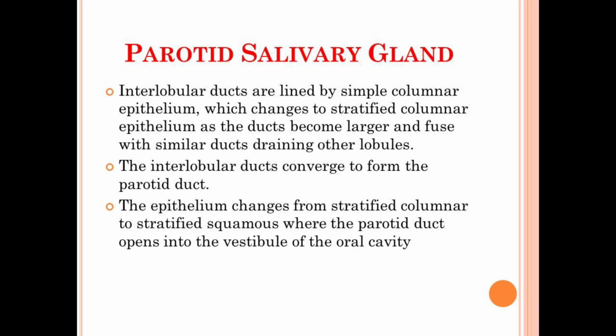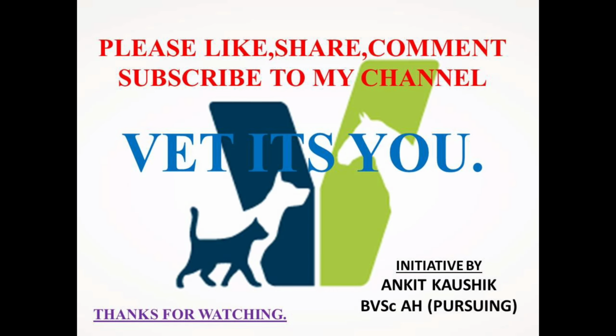This is basically a well-established network of the different ducts in which the narrow lumen of the acinus opens into the intercalated duct, and this intercalated duct joins with the salivary duct, which is lined with simple columnar epithelium with the characteristic striations. And this salivary or striated duct joins with the interlobular duct, which will converge to form the parotid duct. This is about the histology of the salivary glands, and we will continue its classification in the upcoming video.